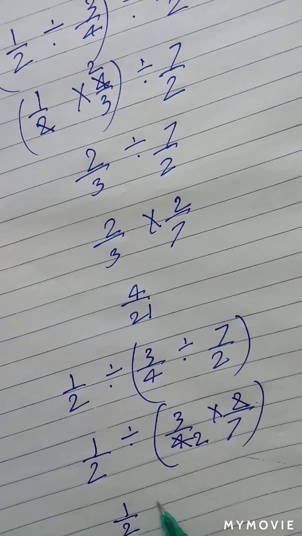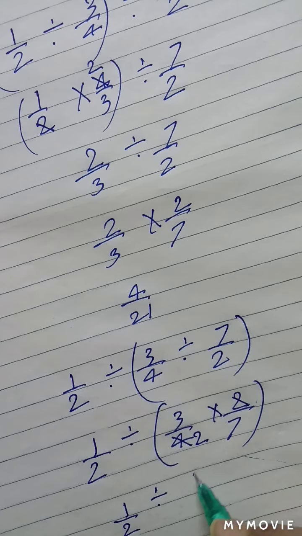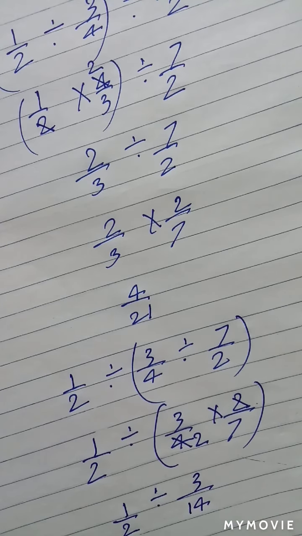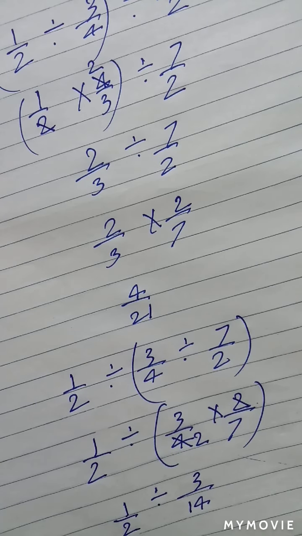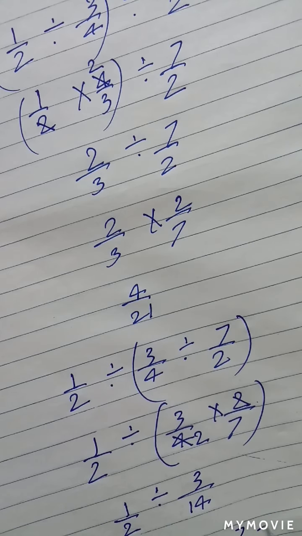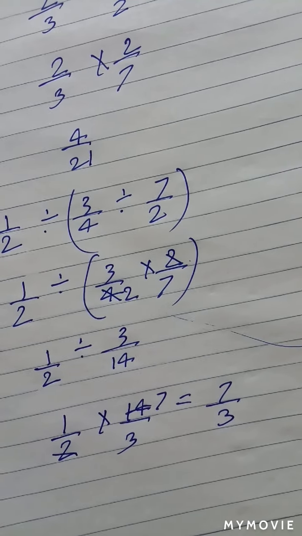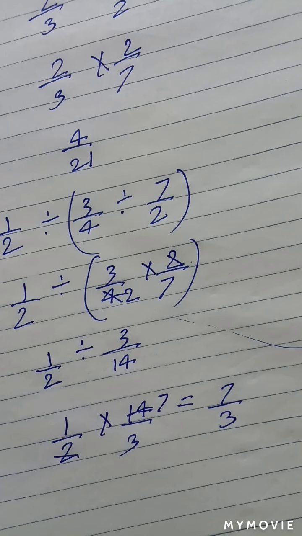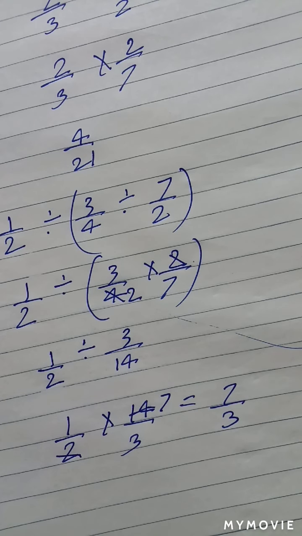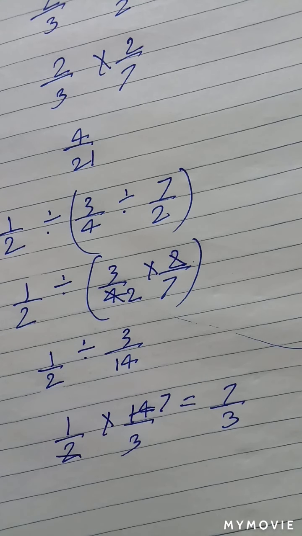So we have 1 by 2 divided by 3 by 14. This is going to be 1 by 2 multiplied by 14 by 3, and it's going to be 7 by 3. So 7 by 3 is not equal to 4 by 21. So we see that subtraction and division do not obey the laws of associativity, whereas addition and multiplication do obey